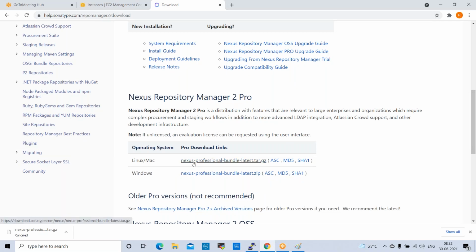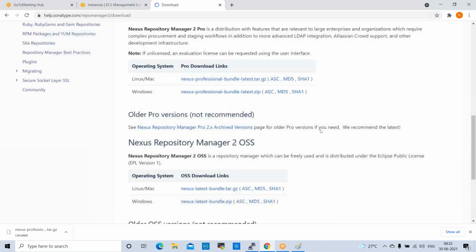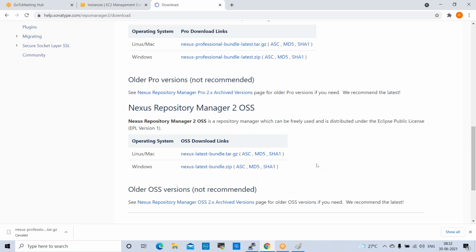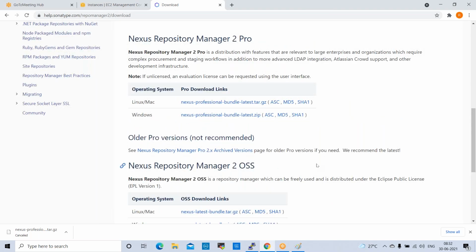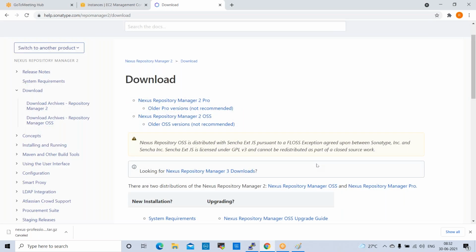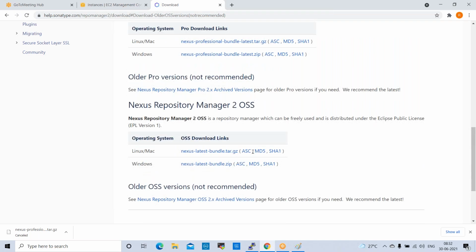Nexus professional bundle. Okay, this is the pro version. This is the OSS version. It's the latest bundle.